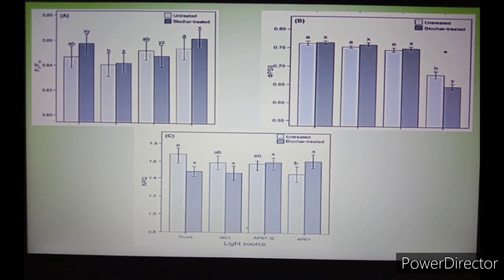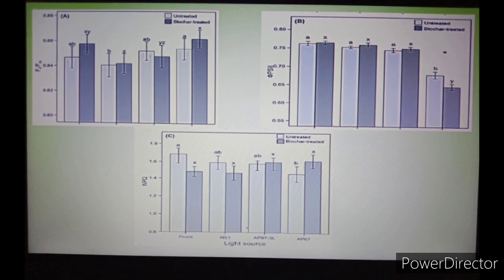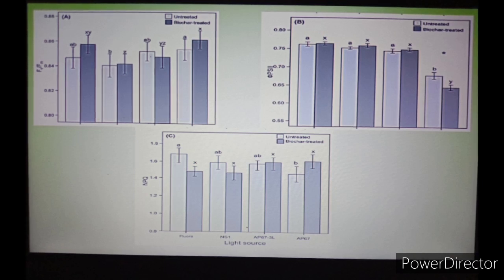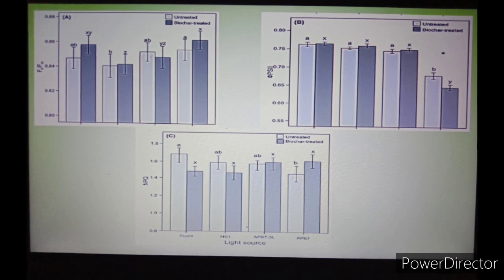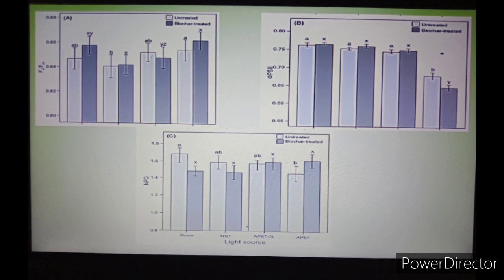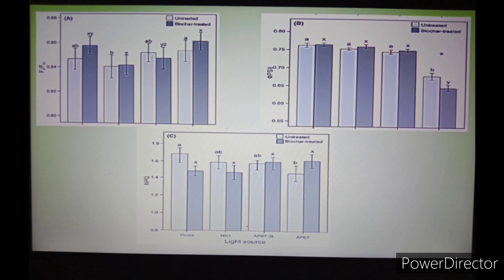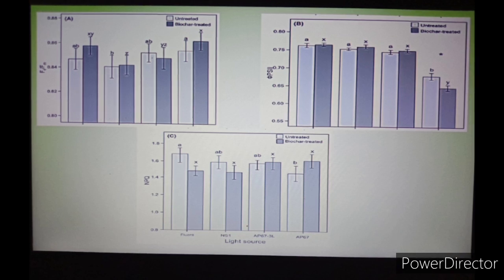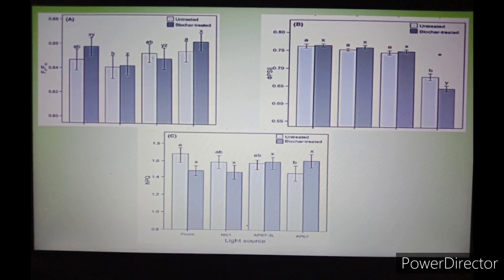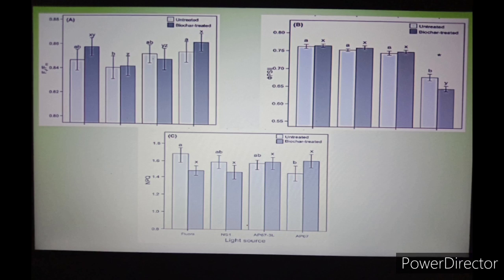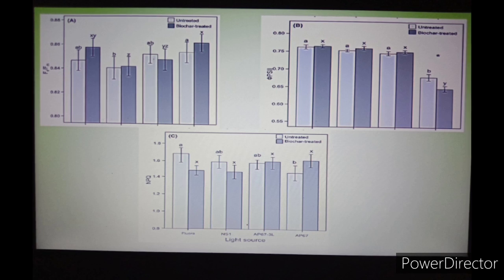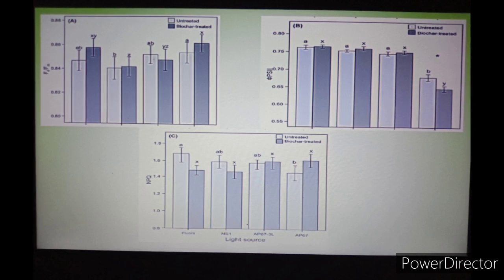These 3 figures show the data means of chlorophyll fluorescence in dark adapted conditions, maximum efficiency of PS2 photochemistry in the light adapted conditions, and non-photochemical quenching for seedlings grown in untreated substrate, which is the control, light gray bars, and BioCar treated, dark gray bars, with fluorescent light and 3 different light emitting diode, or LED, light spectra. The asterisk indicates statistically significant differences between untreated and BioCar treated plants with the same lighting treatment of P greater than